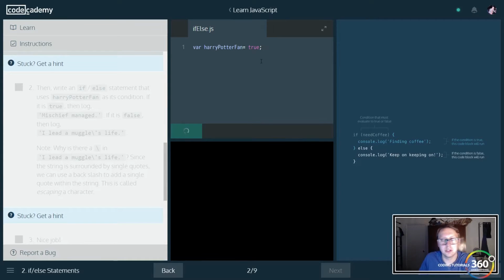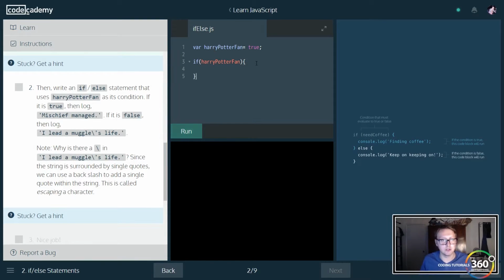Now what we're going to do here is say if harryPotterFan. By us not actually setting this value, it's just checking if it's true by default. So if that's true, do this. Then we want a console.log of "Mischief managed." Else, so this is going to be for when it is false, we want to go ahead and put console.log